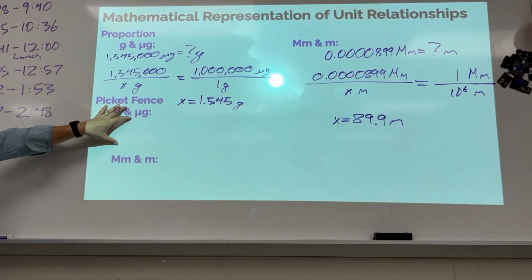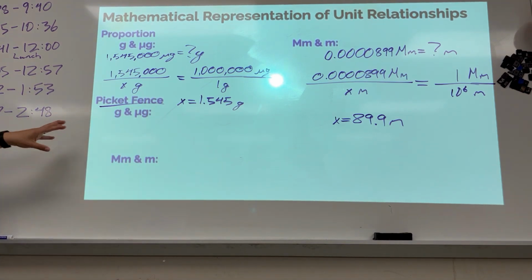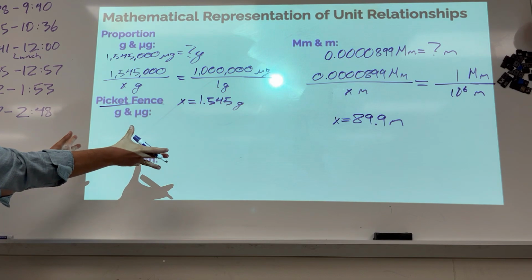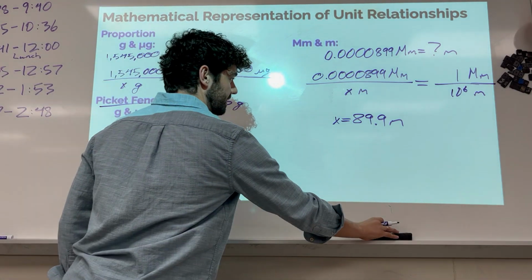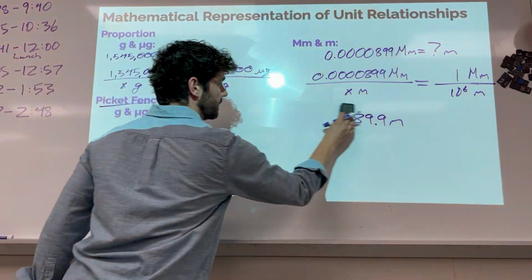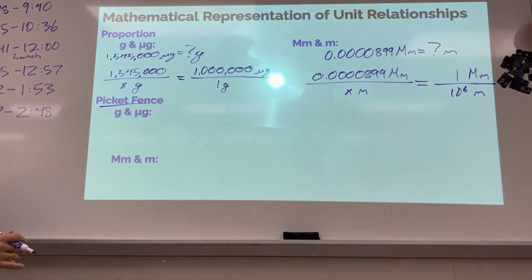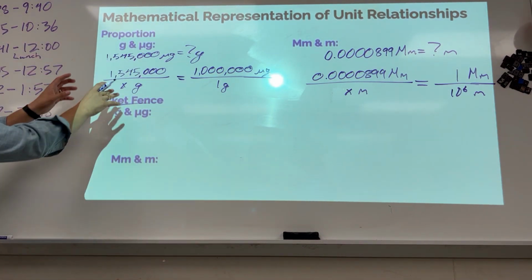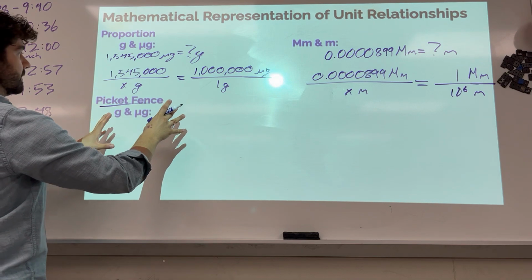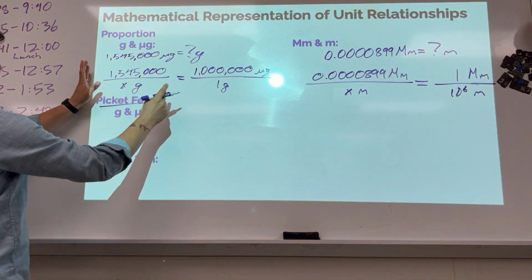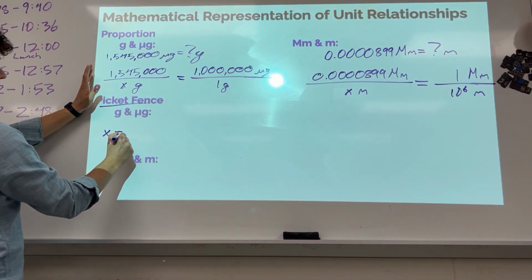So I'm leading up to this. I would like you to use the picket fence, which is what I'm about to show you, but I wanted to build up to it so it makes more sense, okay? So let's take these exact same problems and just rearrange them in a way that's easier to use, okay? So let's say, let me rearrange this and solve for x, okay? So if I rearrange this, x equals,